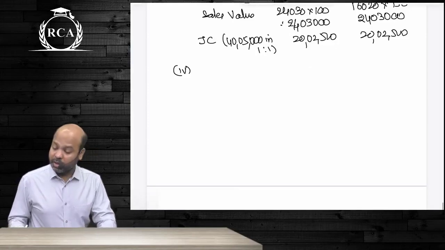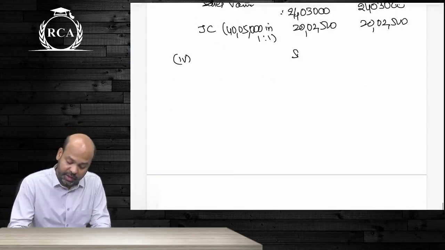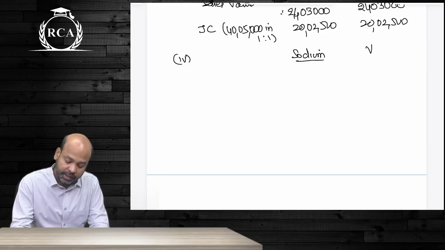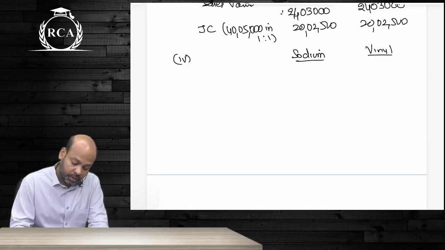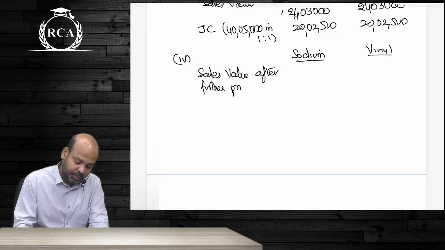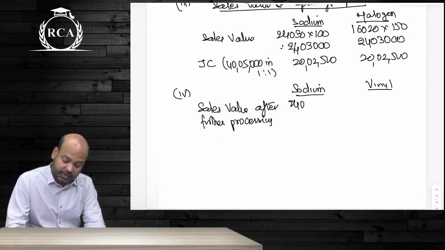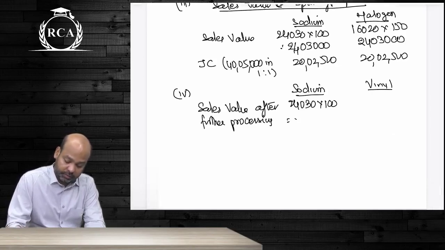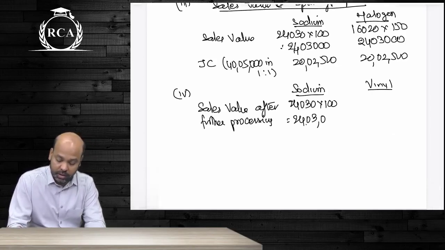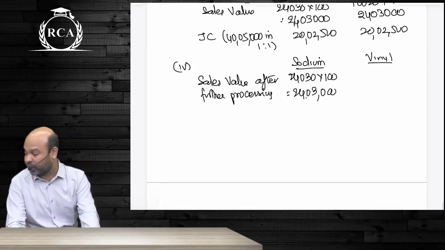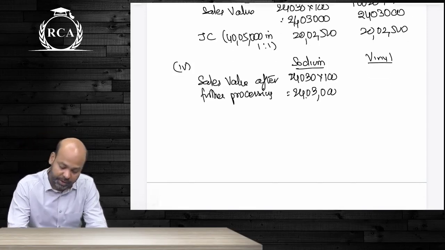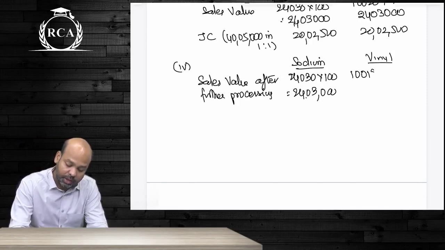Now how will you arrive at NRV, guys? The first product will remain the same, beta, sodium hydroxide. What do I write for vinyl, beta? My sales value after further processing would be... sales value after further processing. This will remain as it is, 24,030 into 100, which is 24 lakhs 3,000. If a product cannot be further processed, guys, you take the selling price at split off point, and this, beta, will be 10,012.5 tons multiplied by 400 rupees,